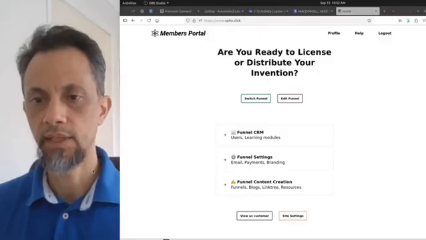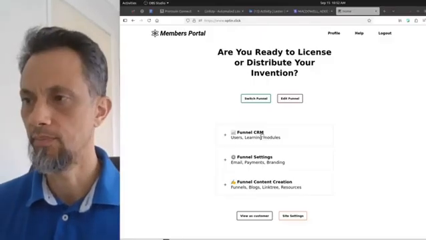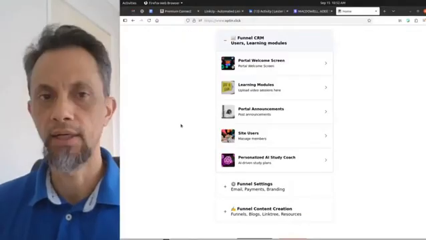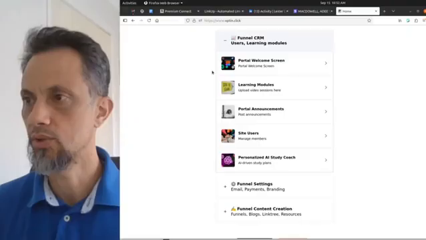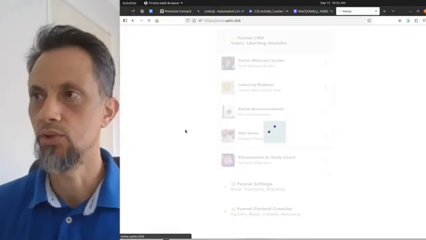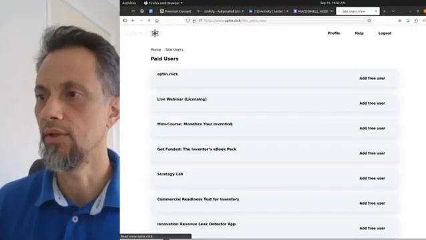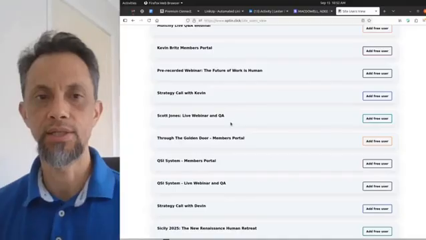And then finally, this CRM has functionality where you can track your users. If you go into the site users, you can see who's signed up in here, and then you can access their payment